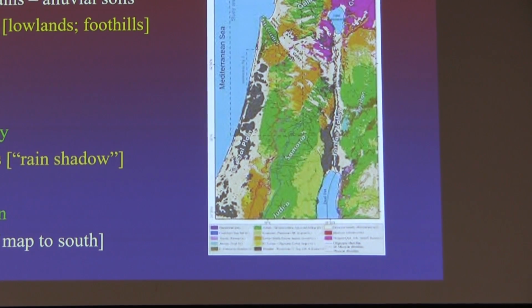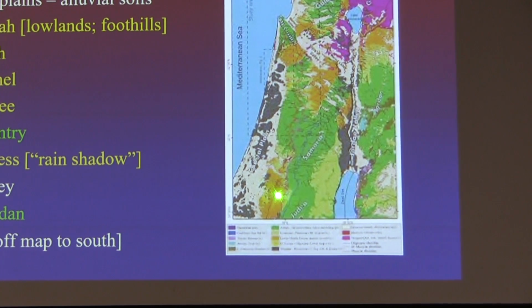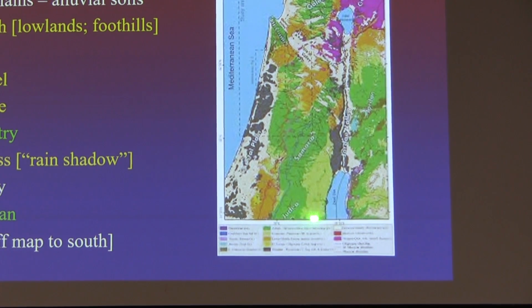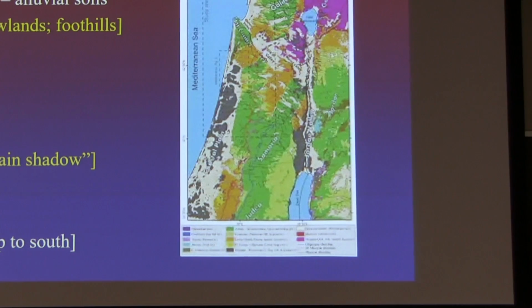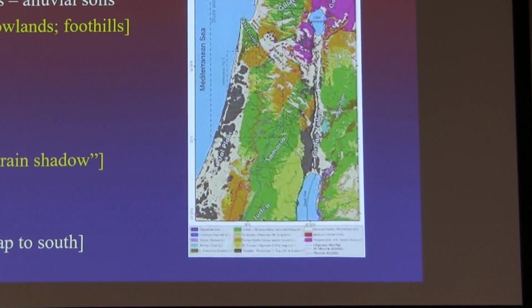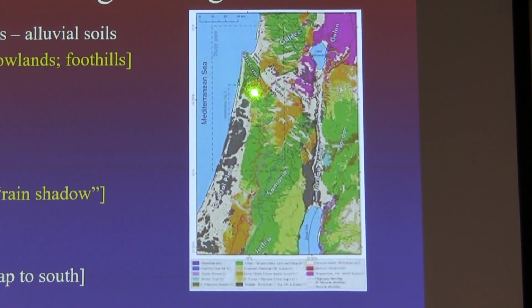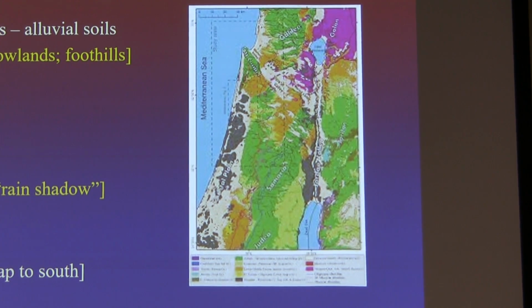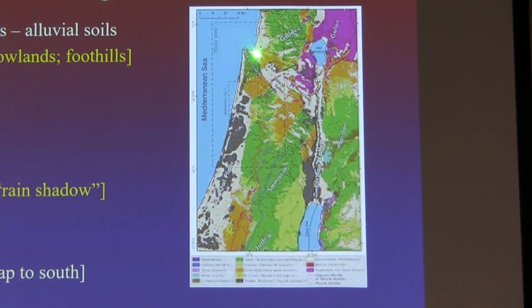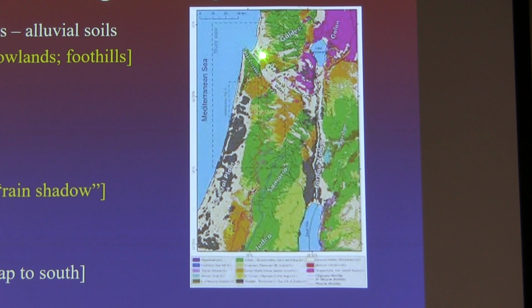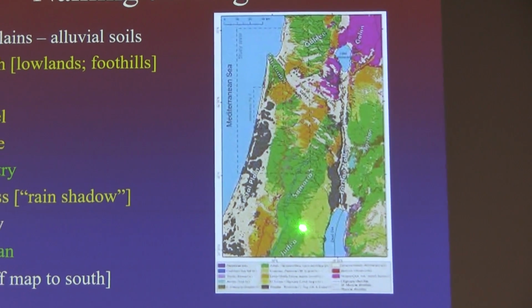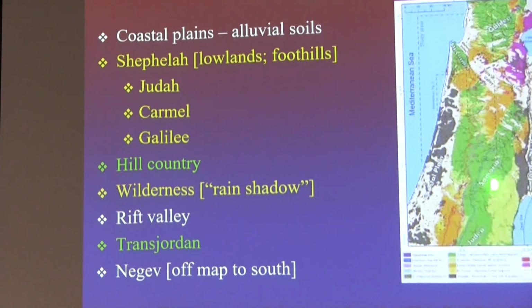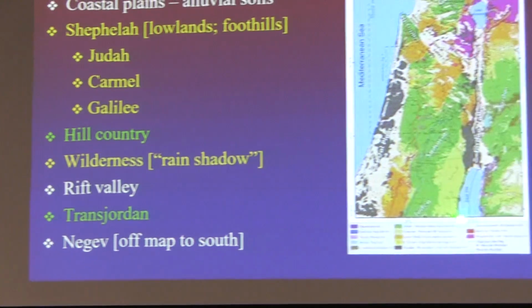As we've already seen from our previous map, and as you can see on this one, there is a Shephelah of Judah. This is our tribal area of Judah. It's the one we read about in Joshua 19. We also have the same color showing up, lower areas in Mount Carmel, and we have a Shephelah of Galilee as well. We won't worry about the Transjordan right now. Continuing to move from west to east, coastal plain, Shephelah, and now here we are in the hill country. We've mentioned that enough. We've talked about the rain shadow.